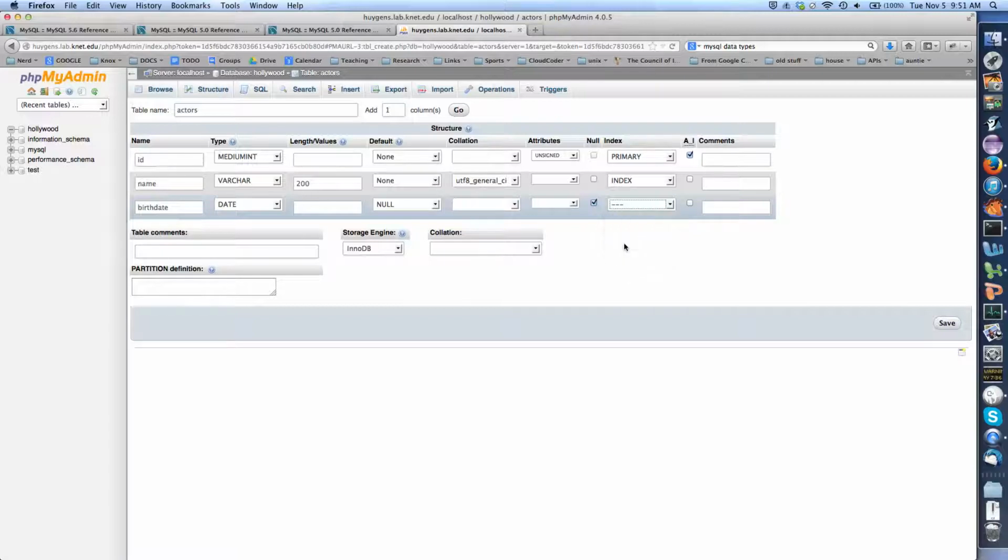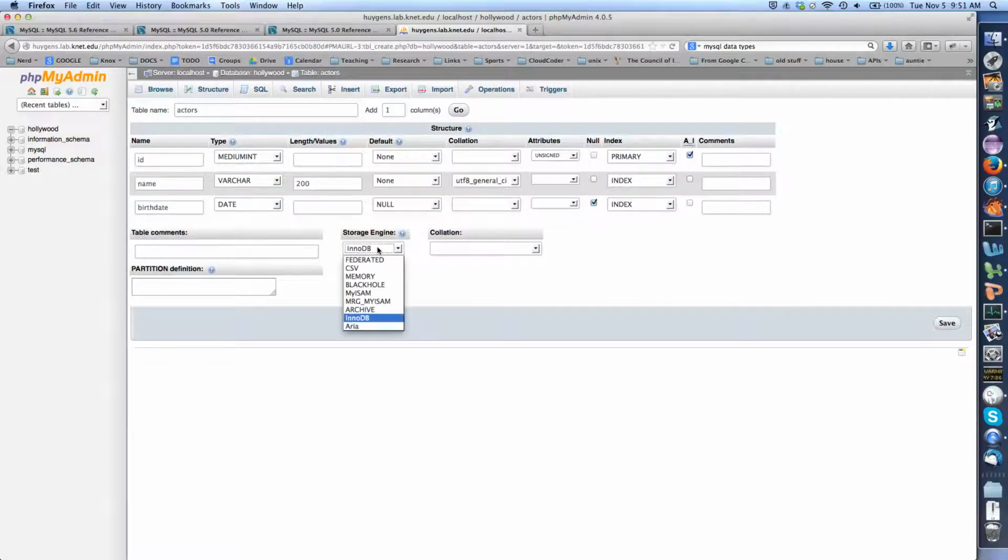Maybe I will. I'll go ahead and index it. Cool. So the storage engine here, I'm just going to leave this to InnoDB. That'll work fine. It turns out that MySQL has really cool open source stuff integrated into it. The storage engine is telling you what underlying system you want to use to actually manage this table, and